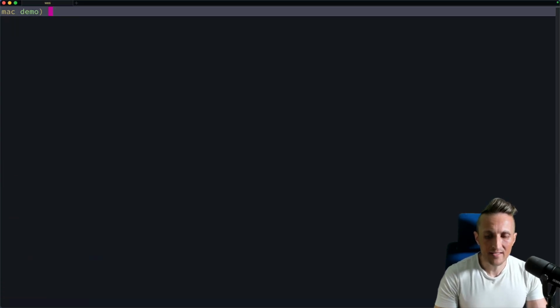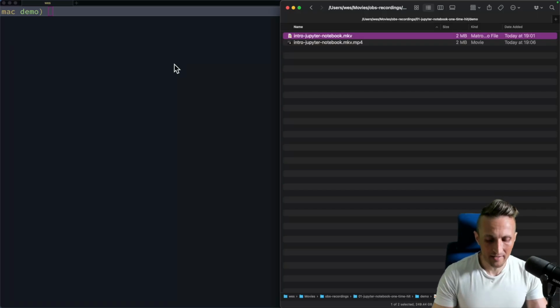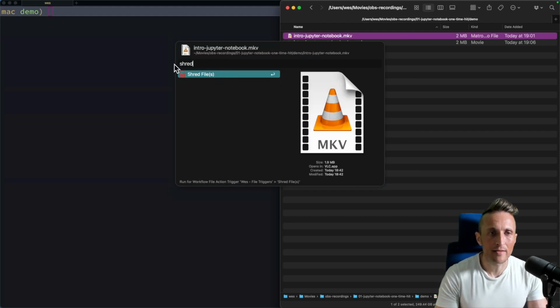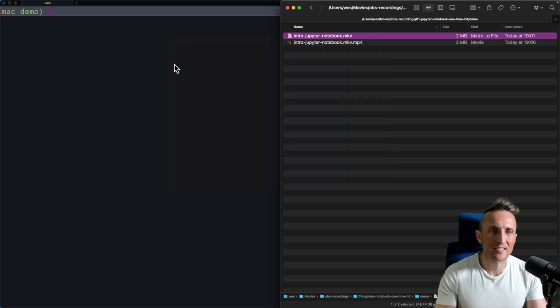However, I'd like something set up so that in Finder here, kind of like activating the context menu, there's a feature in Alfred called File Actions. And inside of here, I can search for something like I could shred the file, or I could run a diff on the file. So you can define custom file actions that can do things, and I'd like to set one up that will take an MKV and convert it to an MP4